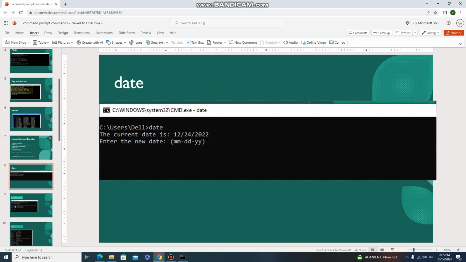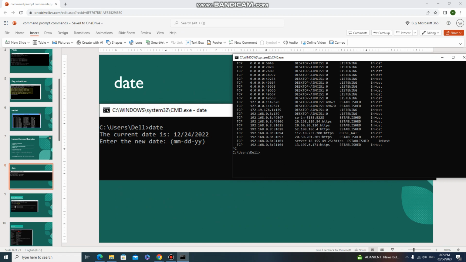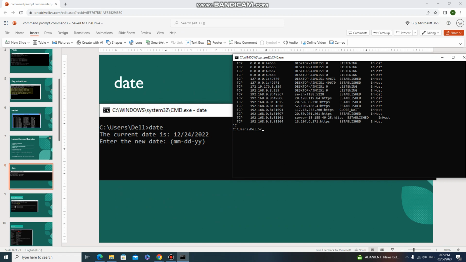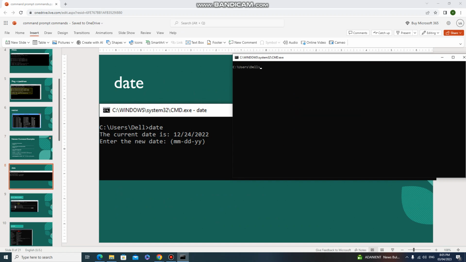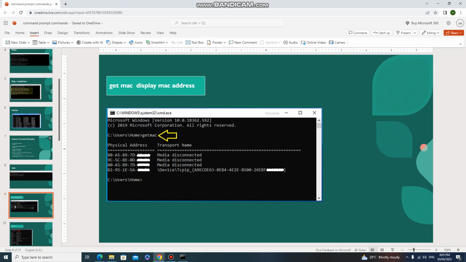Let me show you the other command, that is date. If you want to see the current date in your system, just type date. That's it, it gives the current date. And let's go to the other